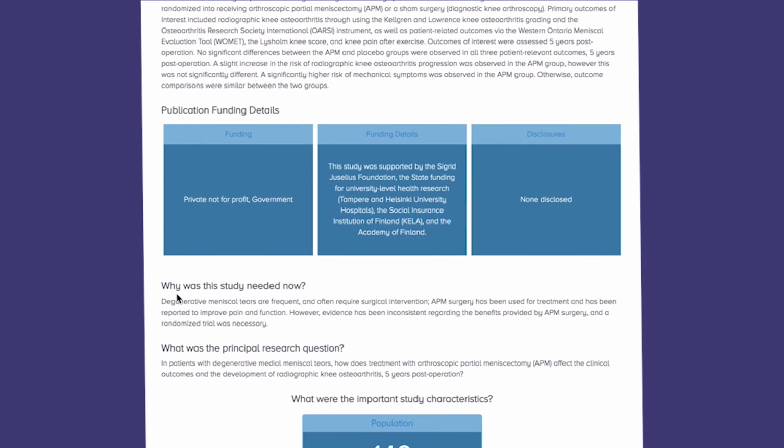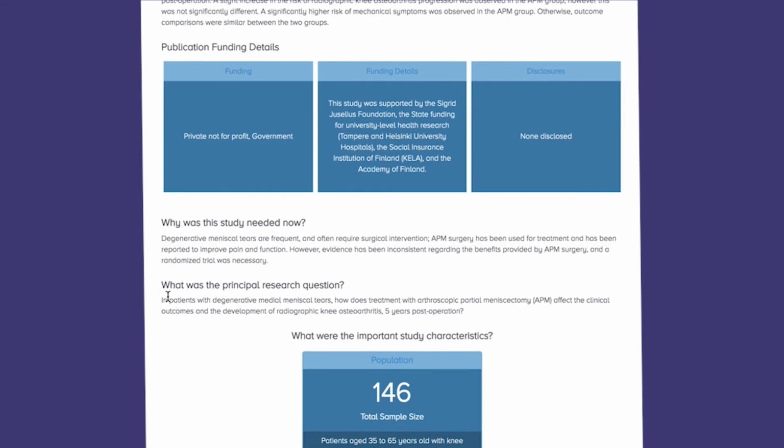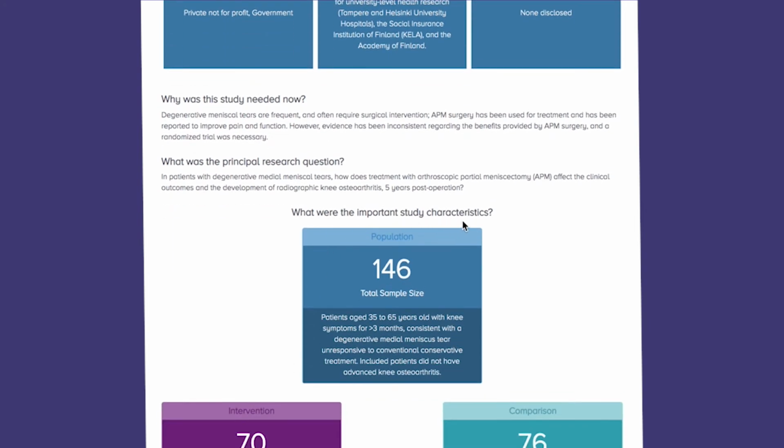Next, in the Why Was the Study Needed Now section, we describe the rationale for the study and its importance within the larger context of the field. The next component, the What Was the Principal Research Question section, simply poses the aim of the study using the PICOT format. The What Were the Important Study Characteristics section demonstrates visually the total number of patients randomized in the study,